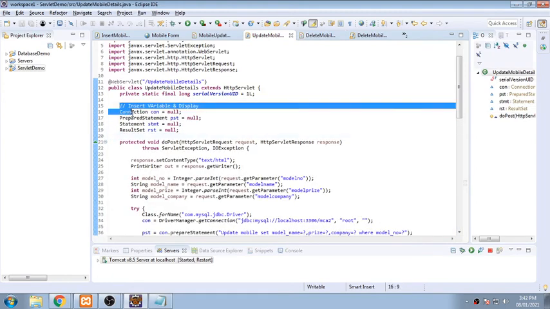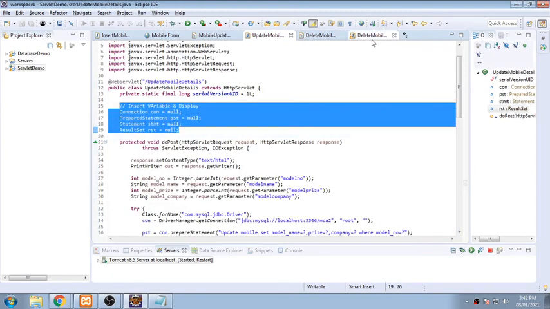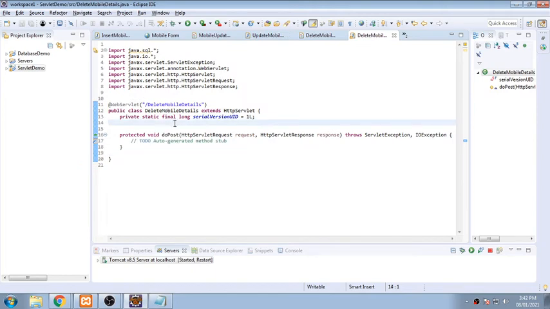First I will copy these common variables which are required for the database connectivity, and I am pasting them over here.